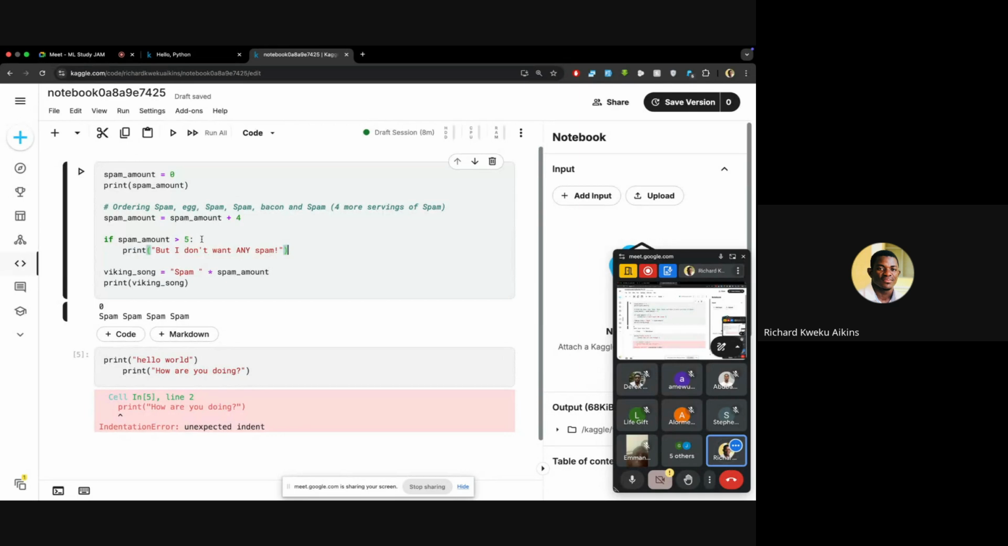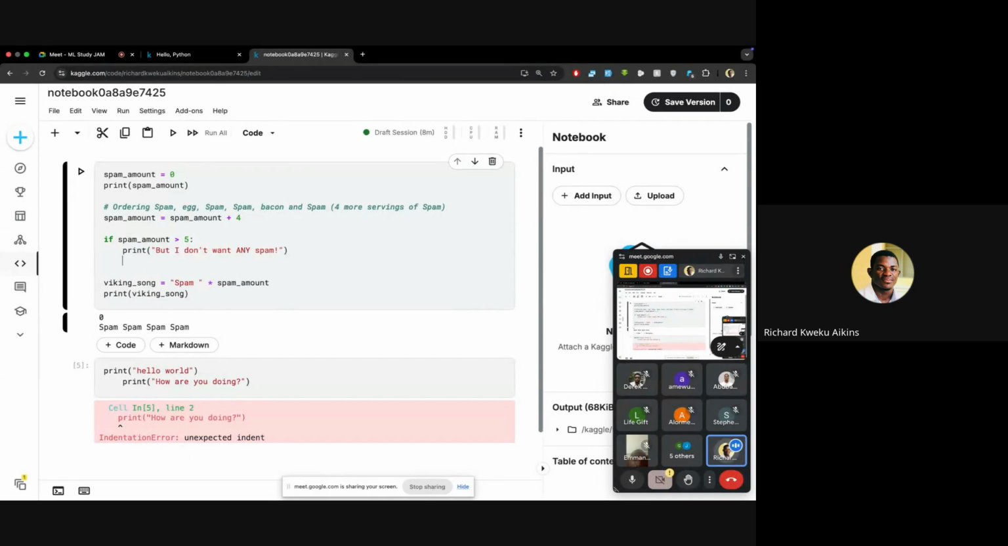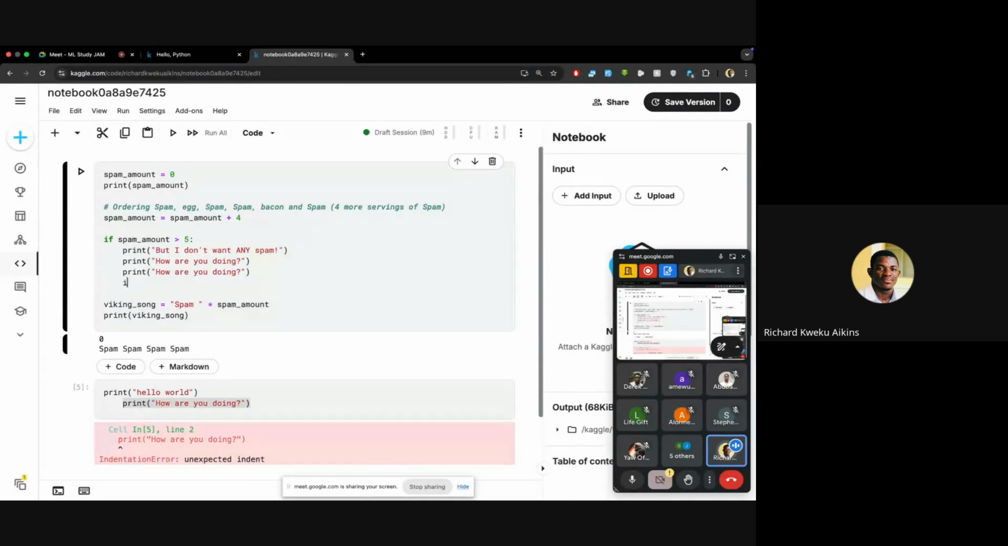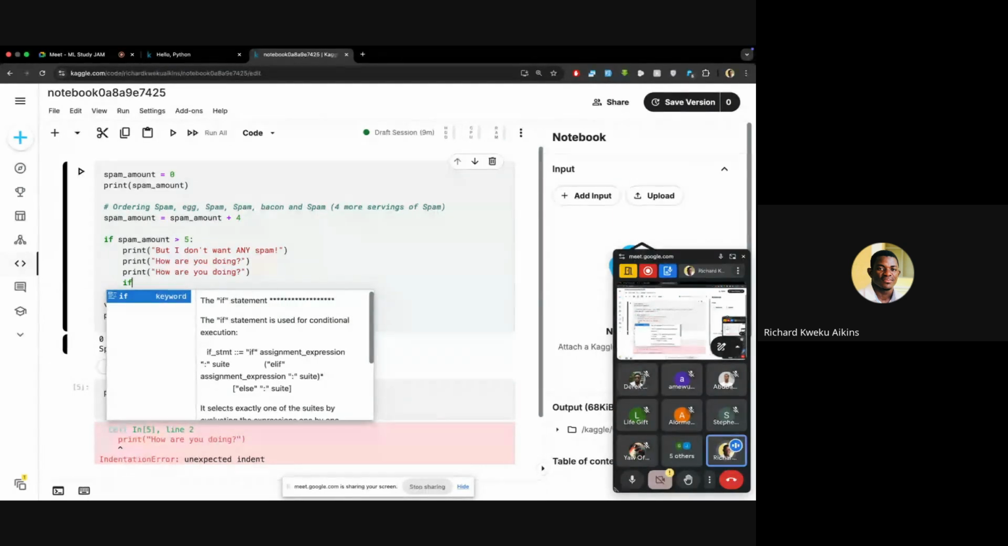So this is a group of things, a group of statements that work as a unit. Let me say it like that. So if I come down and I want to print, let me copy one of these. How are you doing? Since all of these are starting on the same line, they are one code block. Okay, I can go ahead and then add another block and then say